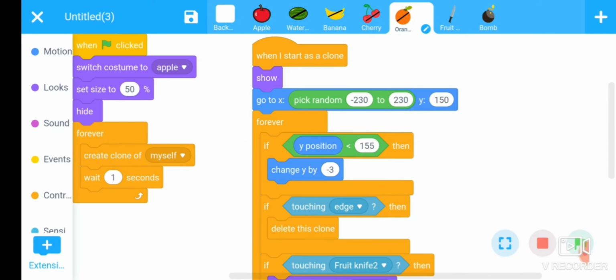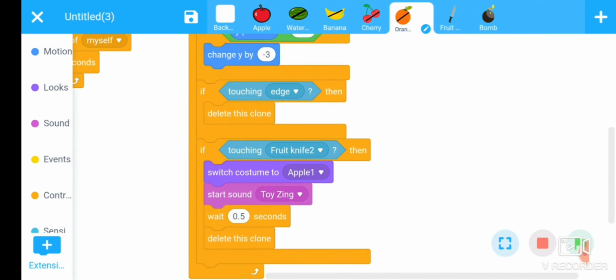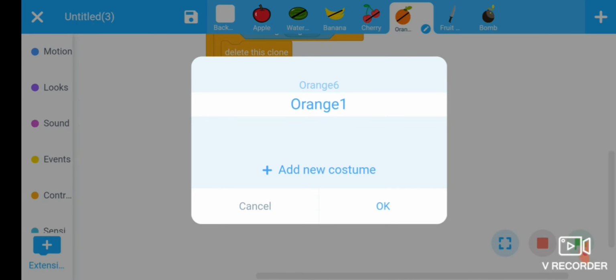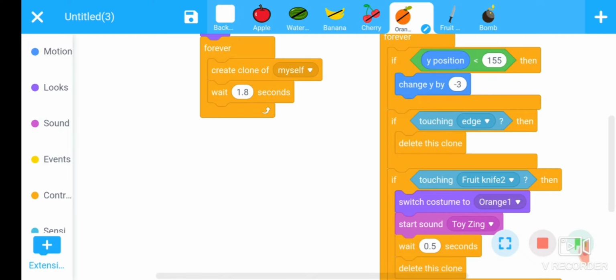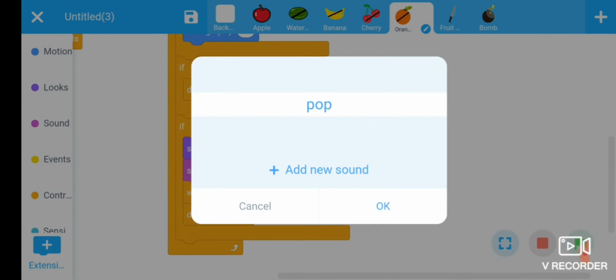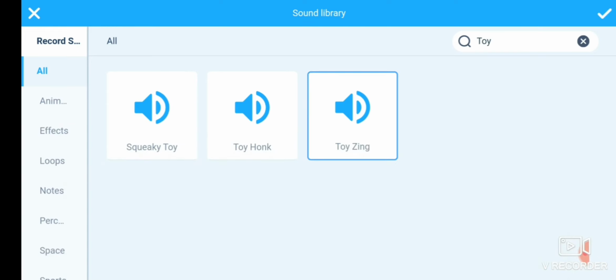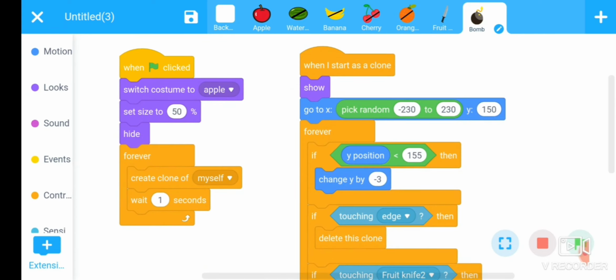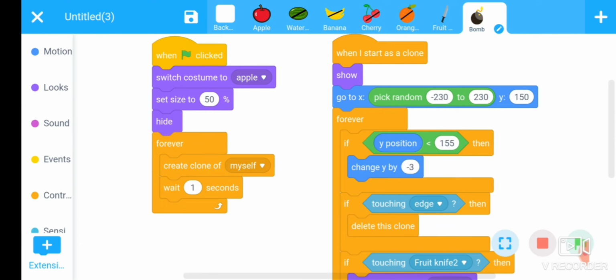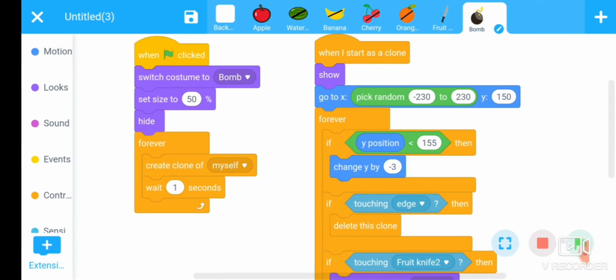Fine. Go to orange. Replace apple with orange. Okay, orange, and here also apple is replaced with orange. Also wait is increased to 1.8, and add a sound here. Fine. Now go to bomb section. First replace with bomb. Second thing is that increase the wait here.